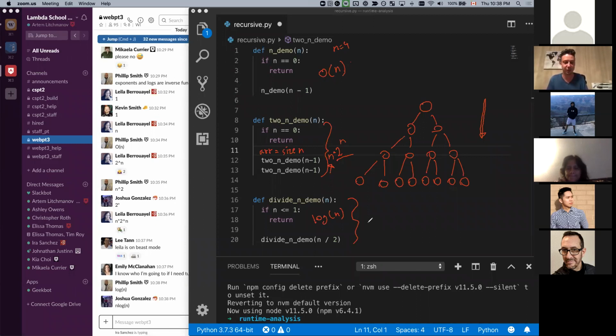Right, Philip's got it. It'll be log of n. In this case, I didn't say that whatever's going on here is going to create anything new. So the space per call is still just going to be O of 1. Nothing in here is doing anything weird to the space, but we're still going to end up calling the function log n times. So we're still going to have to store log n instances of the function in memory,